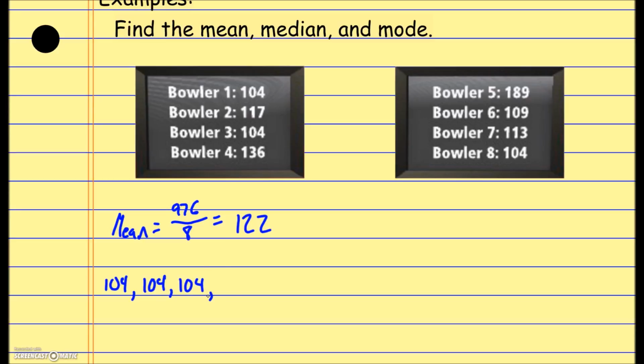And next up, we have the 113. And then it looks like the 117. Oh, sorry, I missed the 109 in there. Let me try again. So the 109, then the 113, then the 117. And then after that, it looks like I've got the 136, and then the 189. And just as a quick check, just count how many values you have here. It should be a total of 8 to make sure you didn't miss any,